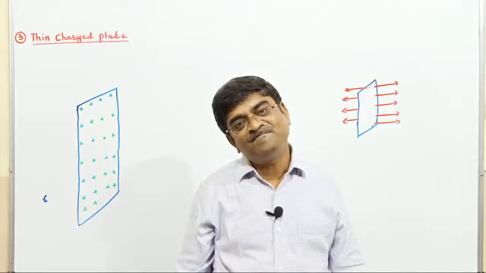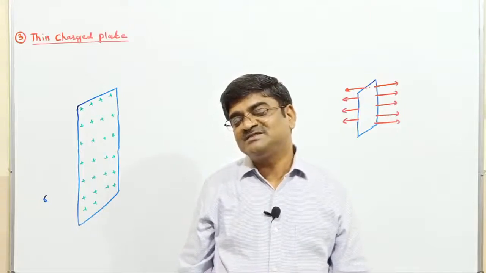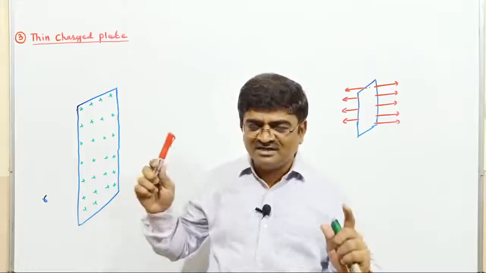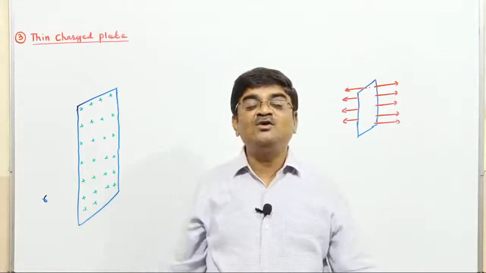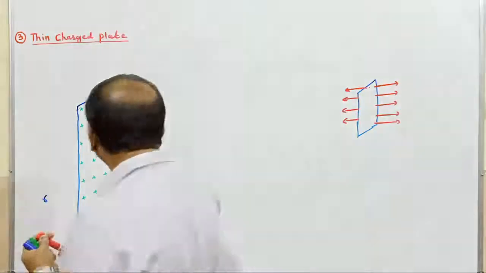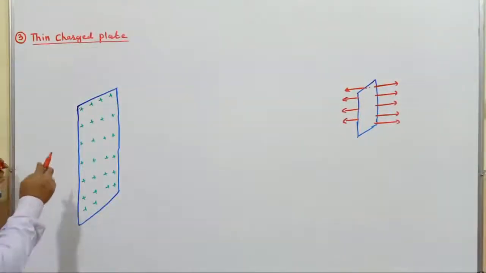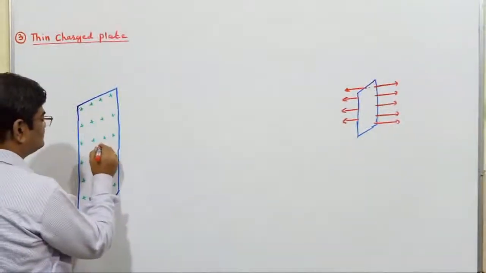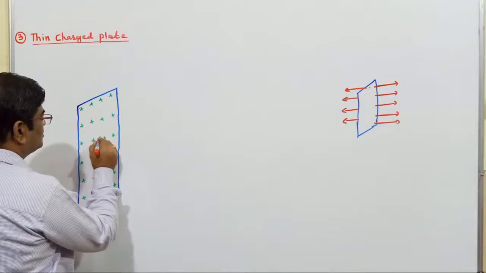For that, my step is identifying the point, understanding the nature of the field. I have to draw the Gaussian surface, that's the important step. And the Gaussian which I draw while applying Gauss theorem to this sheet is of this pattern. Look here, children, here I draw the Gaussian.